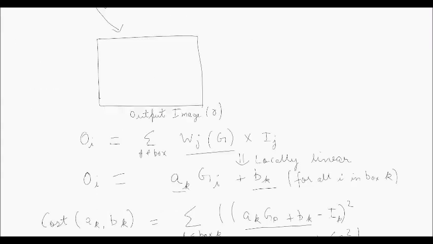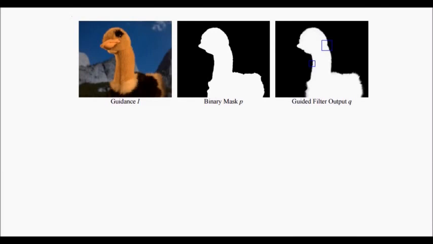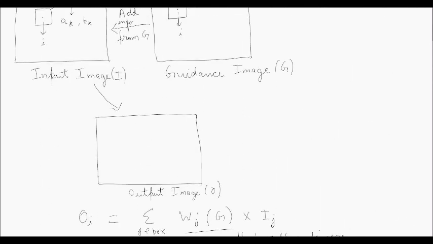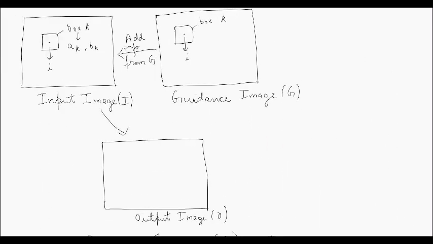To see an example of the same, take a look at these images which I have taken from the paper published on Guided Filter. The furry characteristics of the guidance image have been transferred over onto this input image to produce the result. Let's see what is the mathematics behind this.